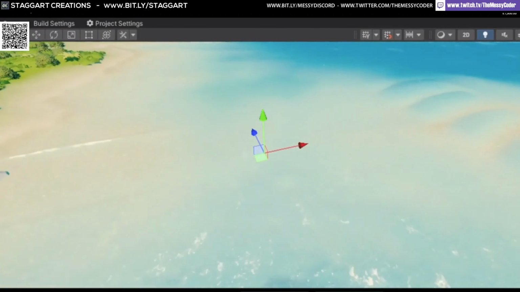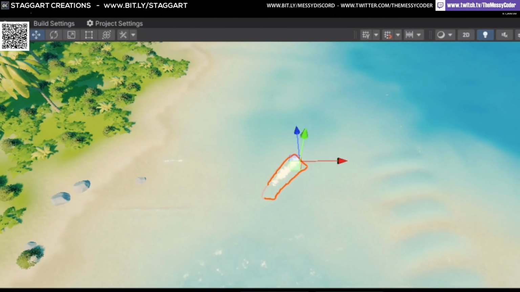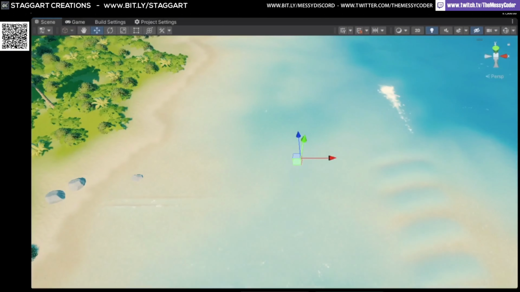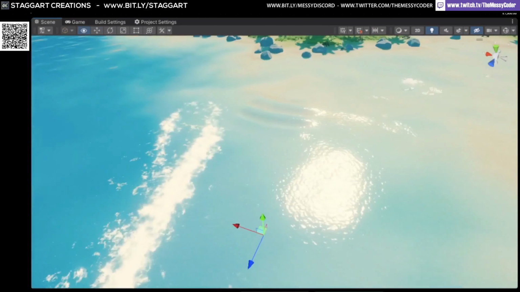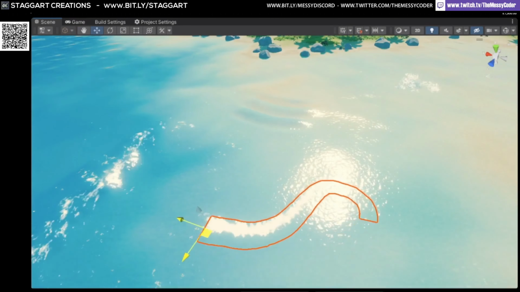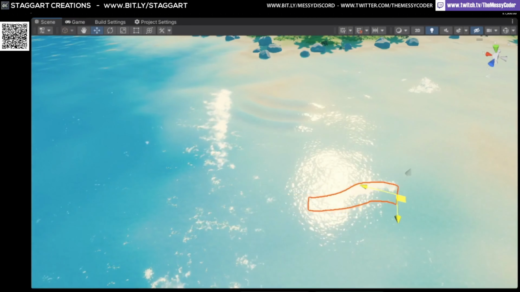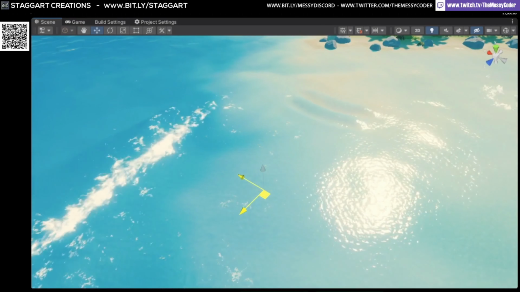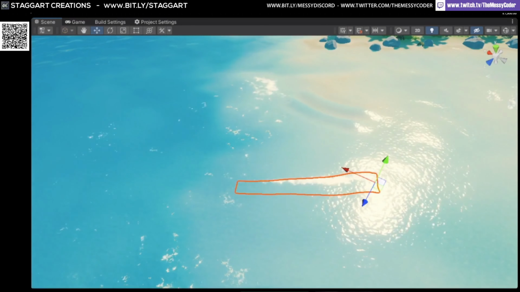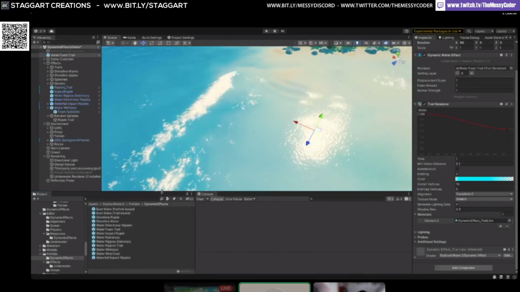Let's see. I have a water foam trail. This is the most rudimentary, simple. It's a basic Unity trail renderer, but it's set up with this dynamic water effect component. And the shader that's used on this thing, it's nothing to be concerned about at the front end, but it's what makes it possible to inject the shape of the renderer into a sort of foam data. So this could be fun for a tiny little boat, or even just a character, or if you have a drone zooming over the water. Yeah, exactly that. Drone zooming over the water, dragging a package along the water when it shouldn't be.